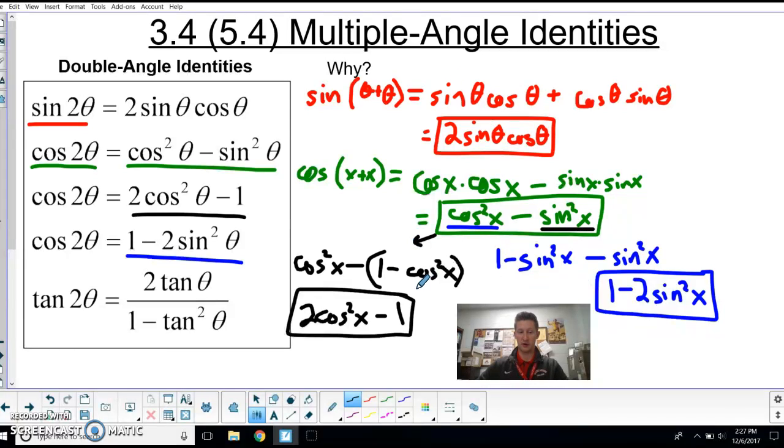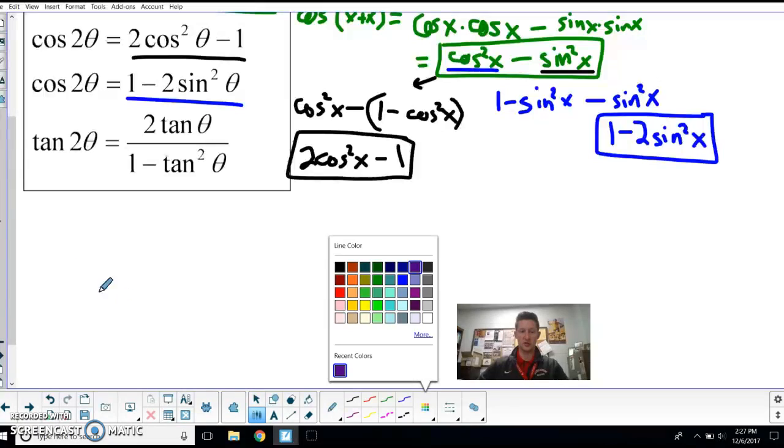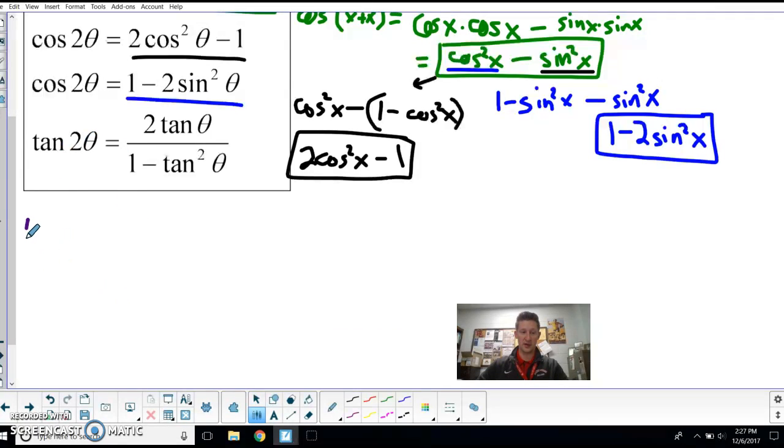We have the one for sine already. Finally, we're going to do tangent. I'm going to use purple. So to find the tangent double angle identity, I'm going to use the sum of a tangent identity from that previous lesson. We did sum and difference identities. So I'm going to treat this as the tangent of x plus x, or theta plus theta. Okay, that's how I get to 2 theta or 2x. Well, the tangent sum identity goes like this. I take tangent of the first plus tangent of the second